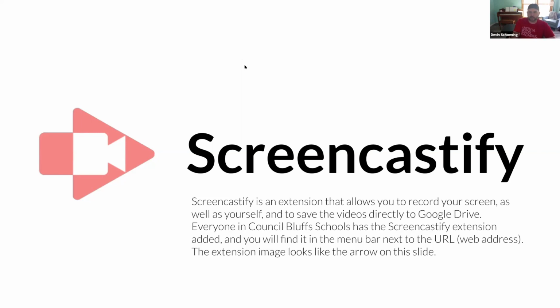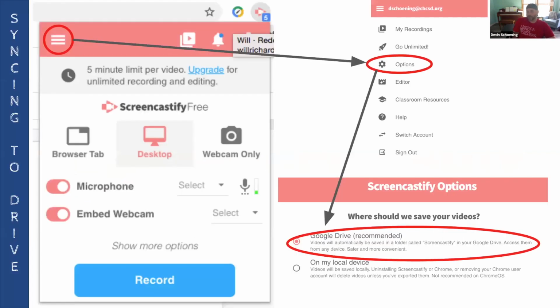Okay, so if I come back over here. We've talked about Screencastify being an extension. Here's essentially what it looks like. There's an extension, or little icons, up next to the URL, next to the web address. When you add extensions in Google Chrome, they show up there. They're little clickables. Extensions are things that do something in your browser. They don't necessarily take you to another site, but they do something for you. And in this case, it really is about